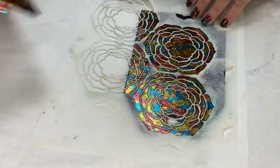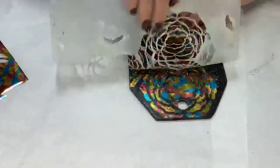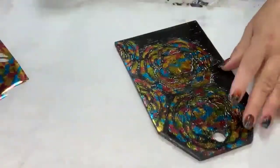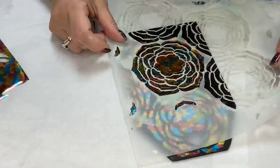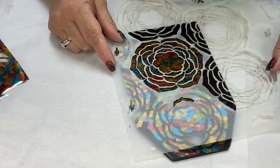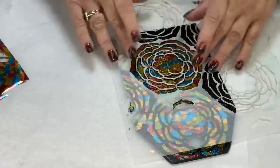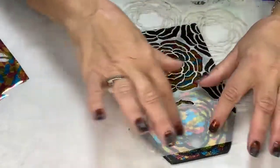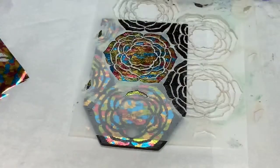Okay, so that's gonna look really great. Oh yeah. So I've got that on there. Now I need to reposition my stencil so I can get the pattern released on this side and the bottom. And I'll have to give a little check to make sure there's nothing that needs to be released up around the edges. And this is part of moving a stencil, is understanding